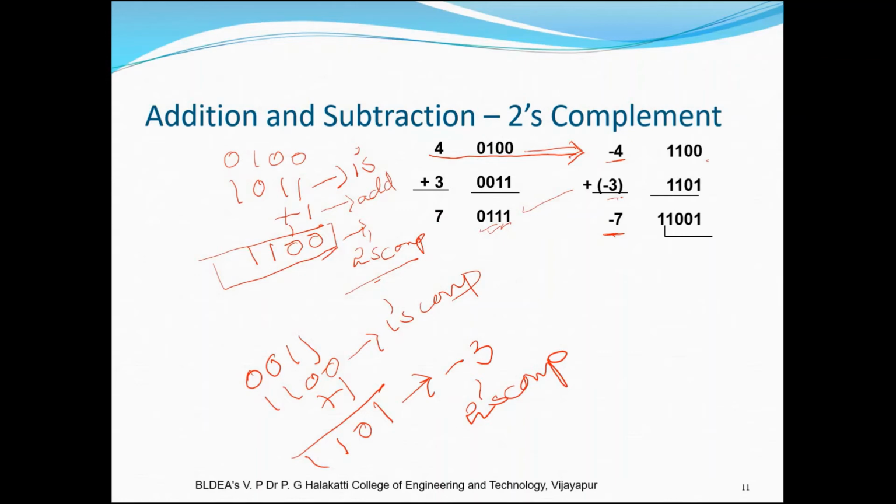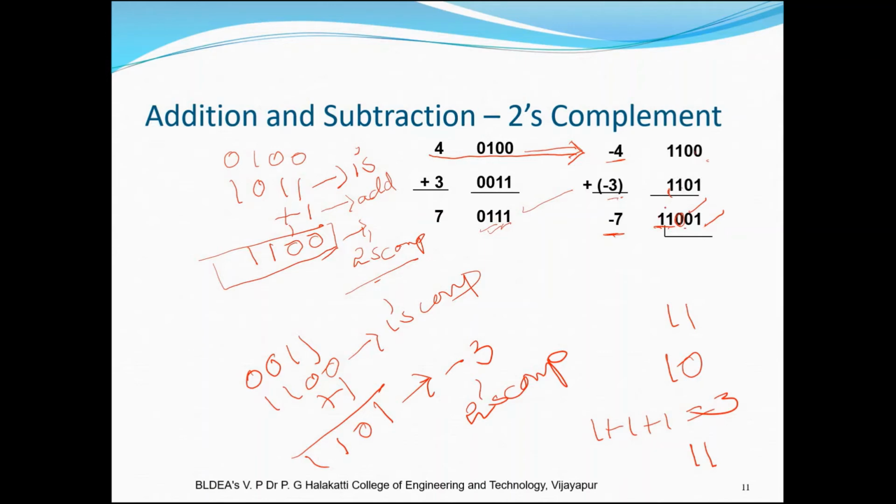Now once we perform conversion of the number from positive to negative, addition is the same as we perform. So 0 plus 1 is 1, 0 plus 0 is 0, 1 plus 1 is, can you tell me 1 plus 1 how much it is? It is 2, which is going to be represented as 10. So I write here 1 and I write here 0. Now there are 3 ones, 1 1 1. So 1 plus 1 plus 1 is 3, but in binary 3 is represented as 11. So my answer is 11001.